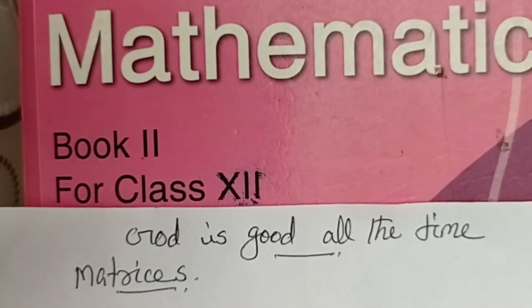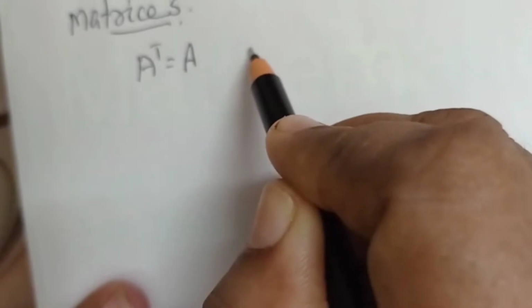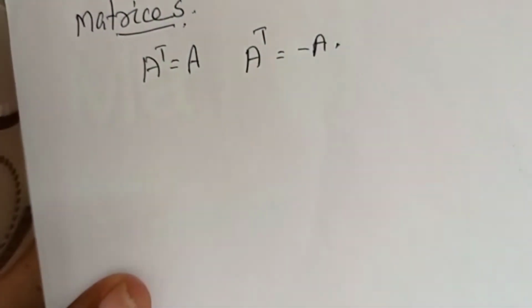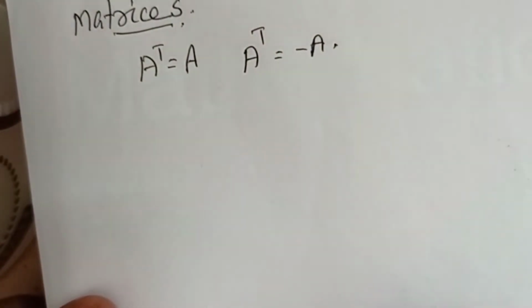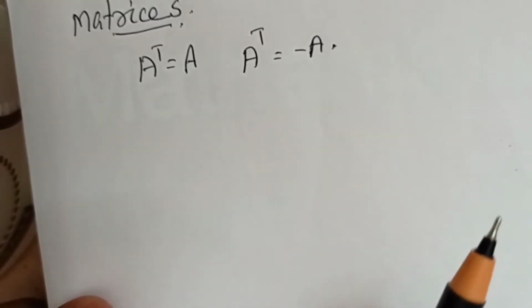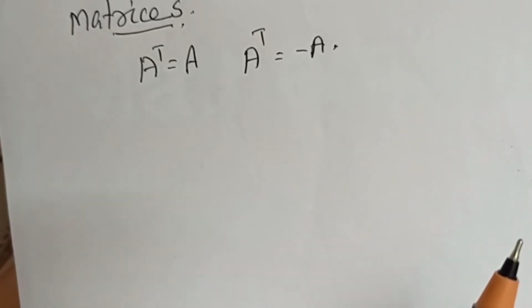we discussed what a symmetric matrix and a skew symmetric matrix are. Listen, all of you. What is a symmetric matrix? A transpose is equal to A, and a skew symmetric matrix means A transpose is equal to minus A. And again, A plus A transpose is always symmetric and A minus A transpose is skew symmetric. Okay. Now,